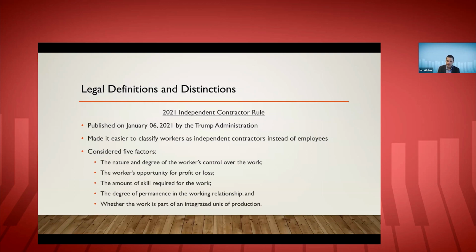It made it much easier to classify workers as independent contractors instead of employees, because it whittled the 6-factor economic reality test down to 5 factors and then disproportionately weighted 2 of them. So you've got these 5 factors listed here, which are just 5 of the 6 you already saw. But you look at the workers' opportunity for profit or loss and the degree of workers' control, like who has control and who has the opportunity for profit and loss. Those are very disproportionately weighted, with a lot of emphasis on opportunity for profit or loss.